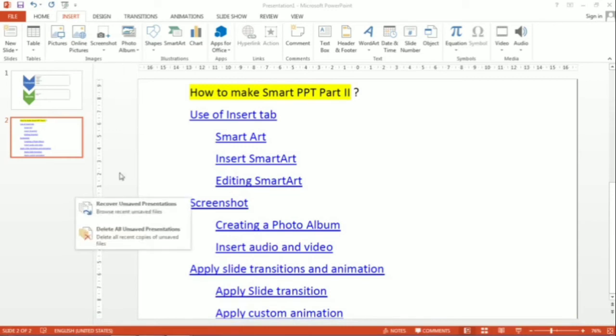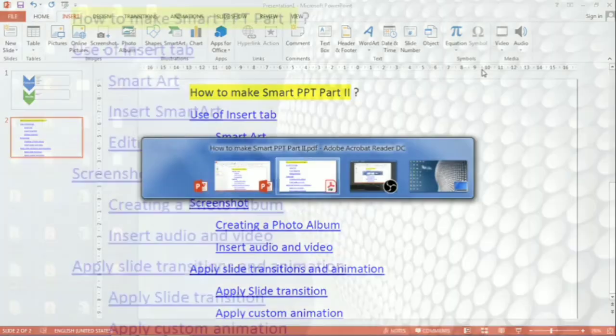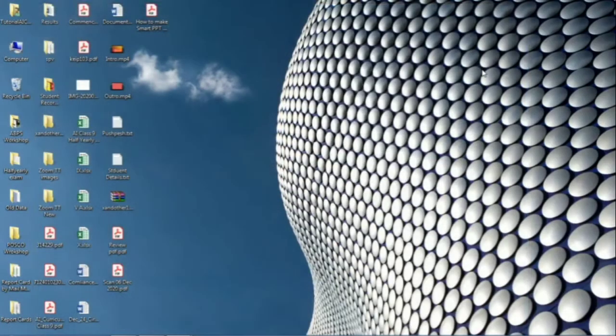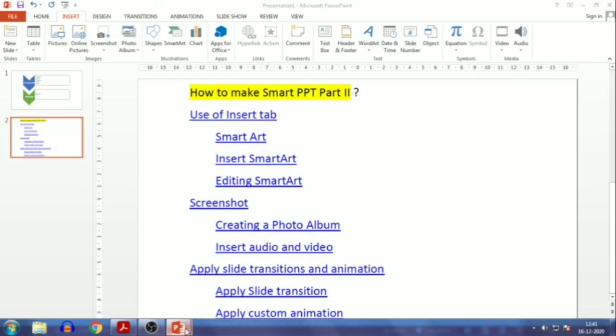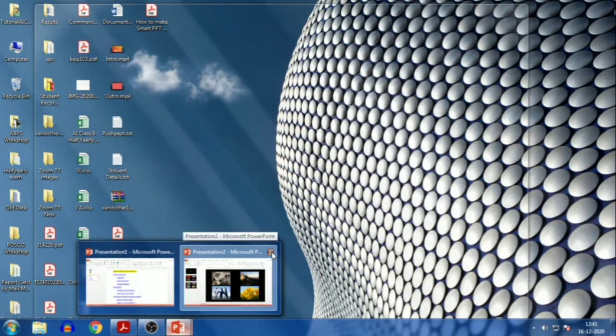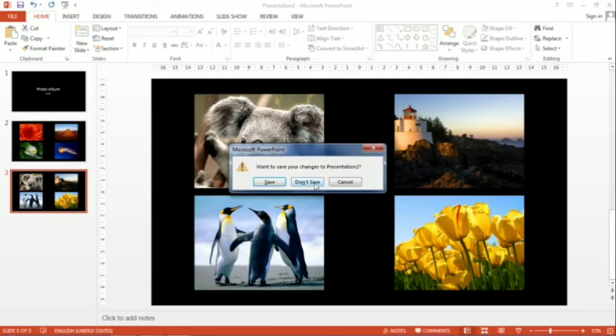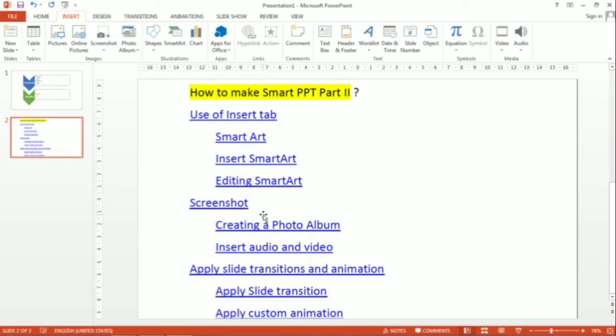After that, the next option is insert audio and video. It is also very simple. Click on this option, insert video and audio. These two options are there that you can select as per your need. So whenever you need that, you can click on that option and you can insert that picture properly. Now audio or video also you can insert in this manner.